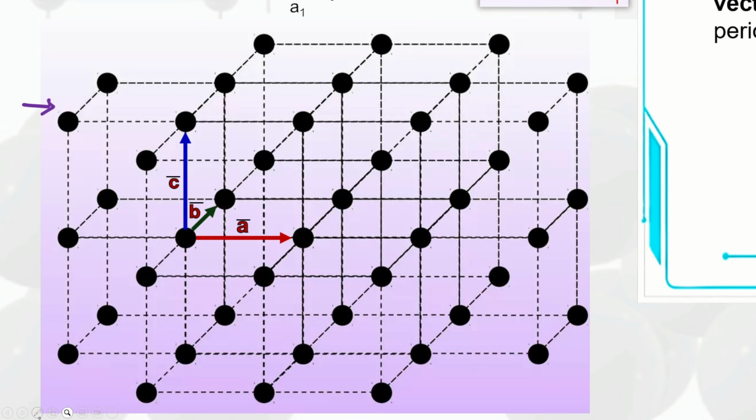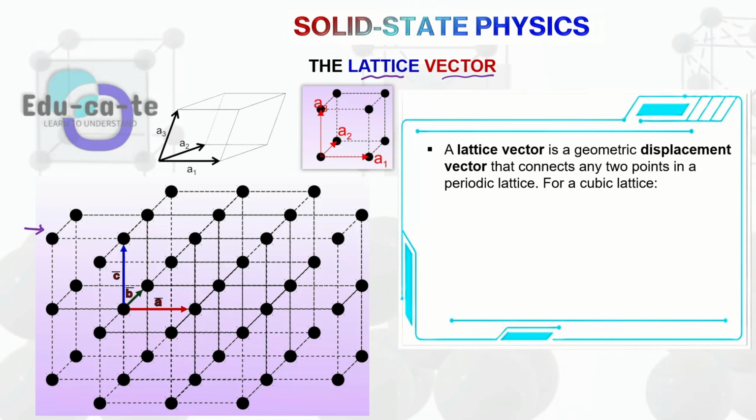Remember, last time I introduced to you the unit cell. I told you that the unit cell is the smallest building block of a lattice. Okay, the unit cell is the smallest building block of the crystal lattice, and it has got a repetitive pattern. So it means that we have got many cubes in this lattice. For example, in this particular lattice, I can trace for you quite a couple of cubes here. We've got many cubes here. This is a cube. This is a cube structure. So this one is a cubic lattice.